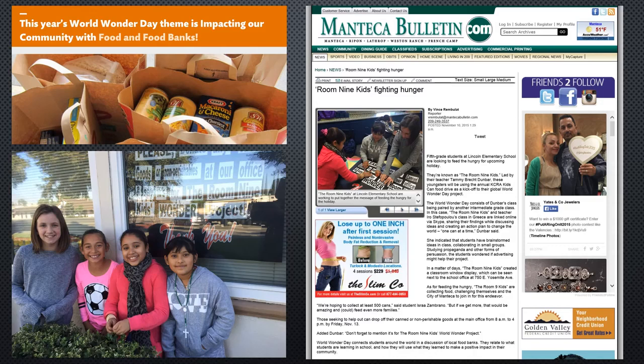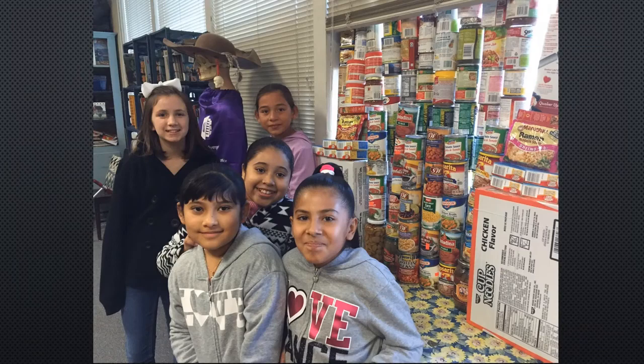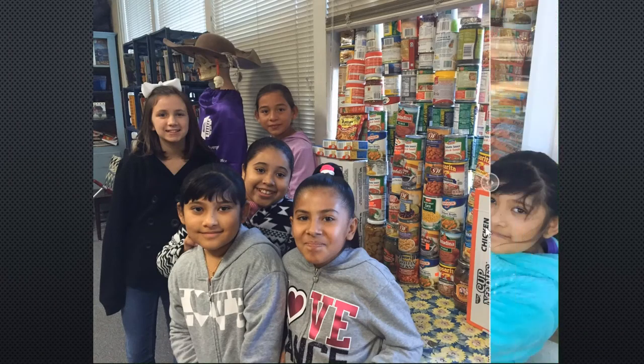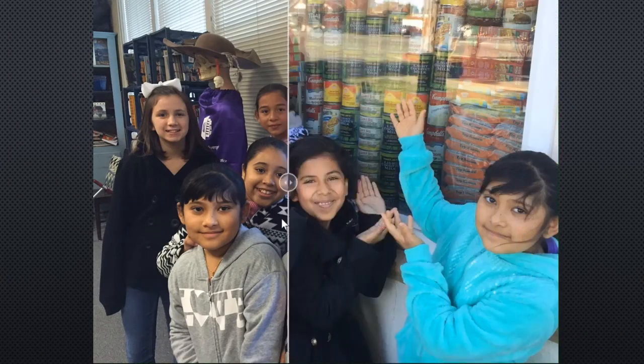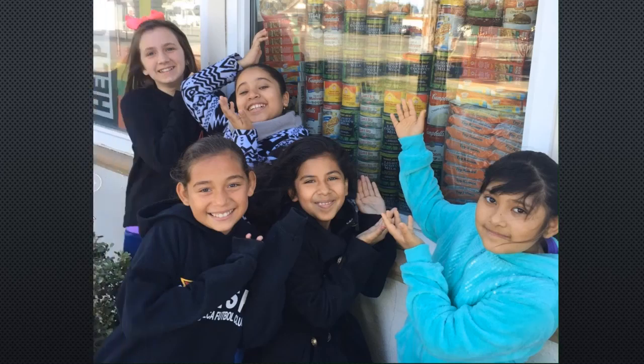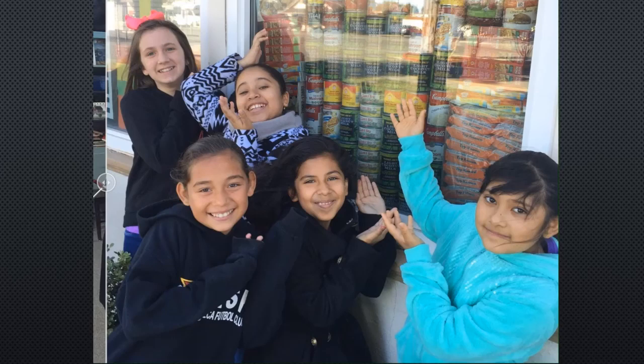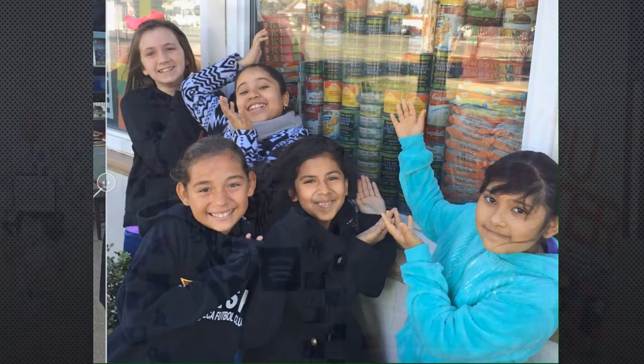When students ask if they can write something, I am totally on board. So an article ran in our local newspaper, and the magic happened. My students nearly tripled what we had collected the year before. And I have to tell you, they wanted to show the community how much they were collecting, so they decided to start stacking it in the window. It was a little scary, but it was a great tribute to their collective genius in being able to solve a problem in our school and in our community.